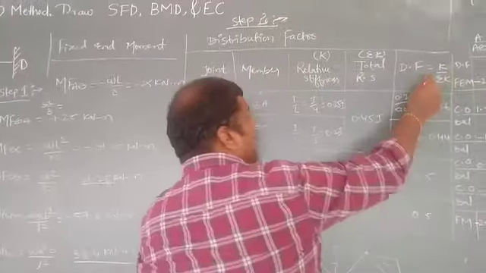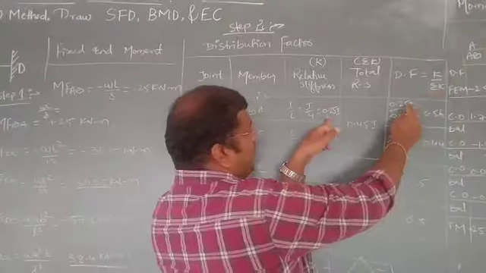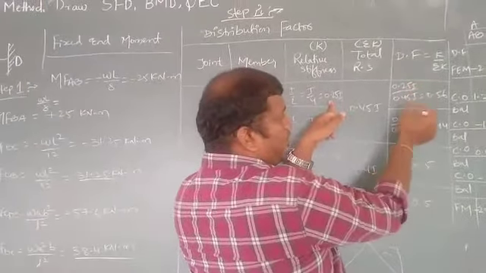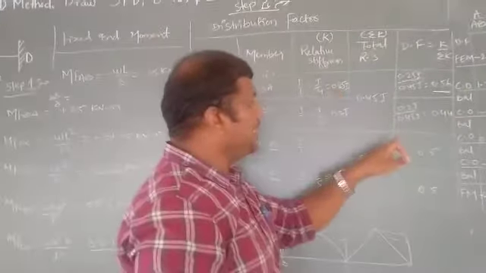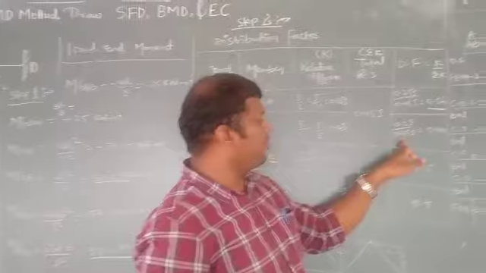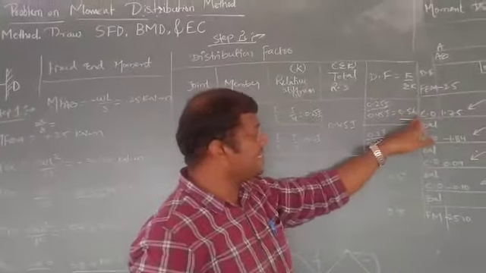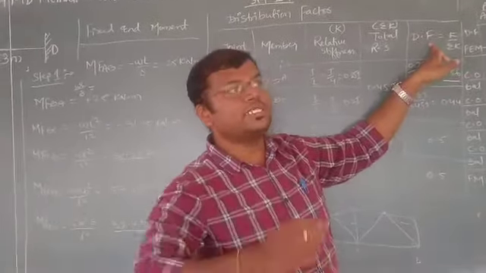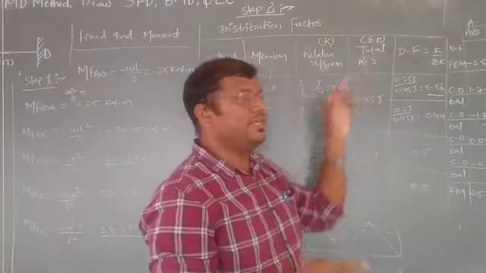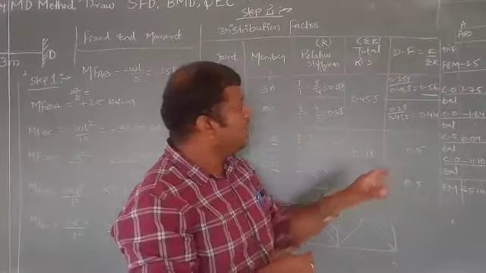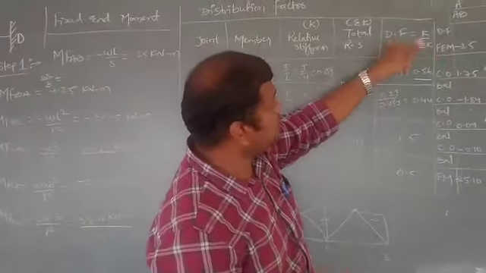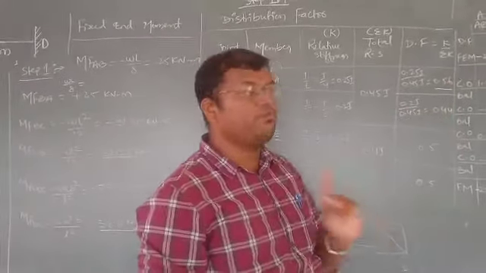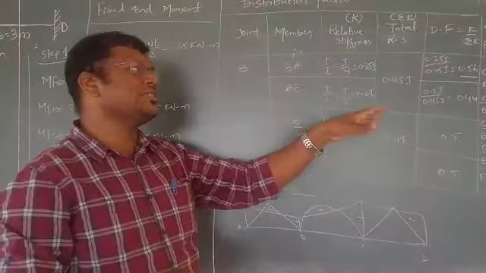Look at here. The K value of member BA is 0.25, and the summation of K is 0.45. When I gets cancelled and we divide 0.25 by 0.45, you will get 0.56. Similarly, 0.2 by 0.45 is 0.44. When we add 0.56 and 0.44, you should get 1. The sum of distribution factors will always be 1. If two members are meeting at a joint, it will be 1, and if three members are meeting, the distribution factors of the three members should sum to 1. Here we have only two members, so the sum of 0.56 and 0.44 should be unity. This is a cross check we are supposed to do.